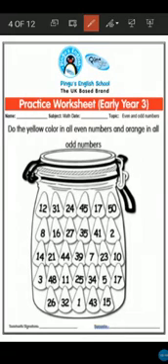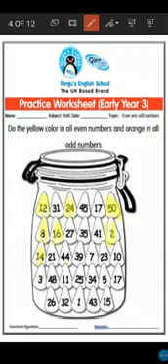First I am coloring all the even numbers. 12 is an even number, 24 is an even number, 50 is an even number because it can be divided into 25 and 25. Then 8 is an even number, 16, 2,